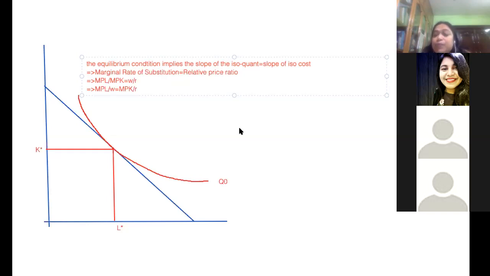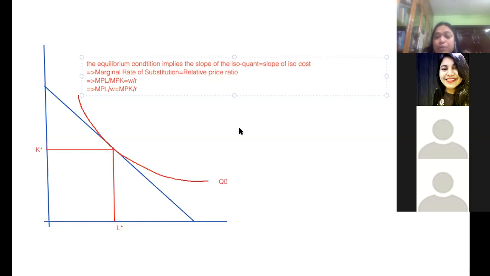And when you keep on spending more on labor, you are on the same isocost. Remember, that means you can spend less on capital. When you have less capital, your marginal productivity of capital increases. So basically the two sides become equal again. All right. So no matter what, the equilibrium condition will always ensure that the marginal gain by spending $1 extra on labor is equal to the marginal gain of spending $1 extra on capital, right? So this is the equilibrium condition of minimizing cost when you are generating the profit maximizing level of output Q0.